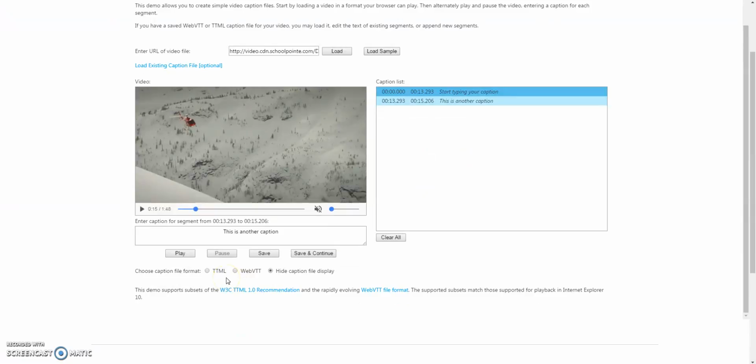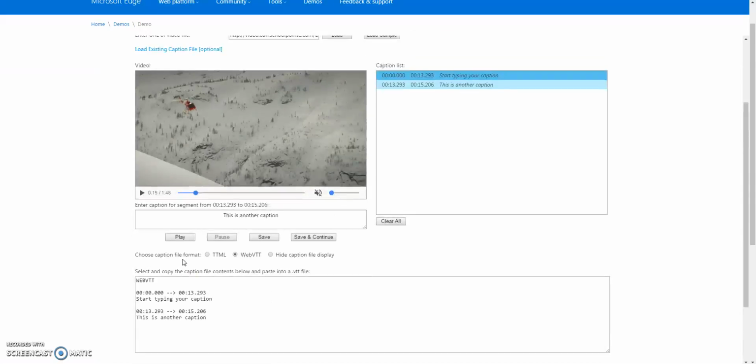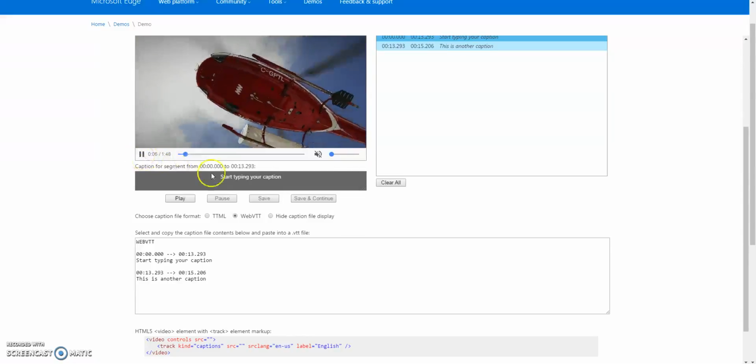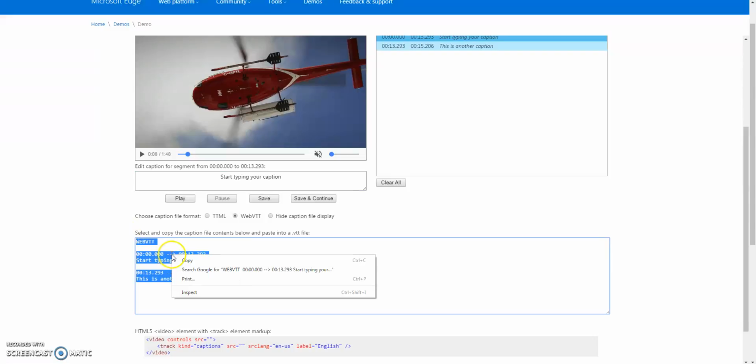The caption file format, we want that to be WebVTT, and you see that it generates that down here for us. After you have all of your captions set up, and it works good, now you can go back on here and play, and again you can change those if you need to. But once you have all of that set up, you're basically going to copy what this generates for you,